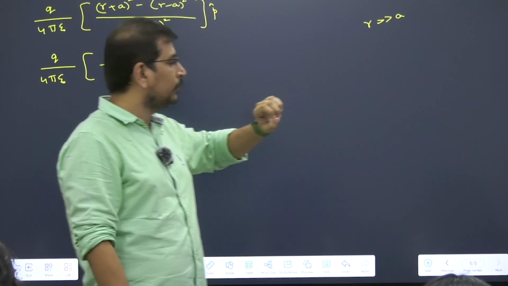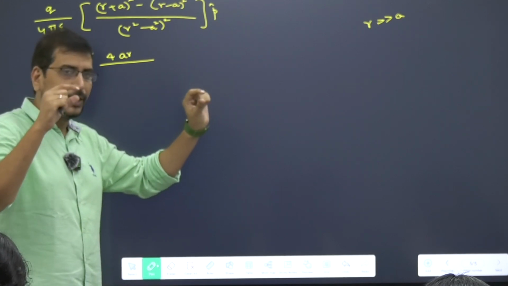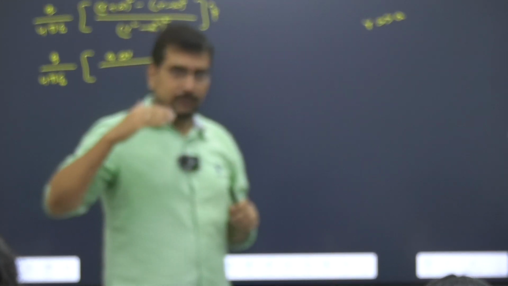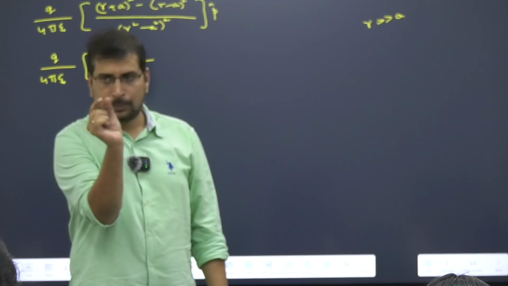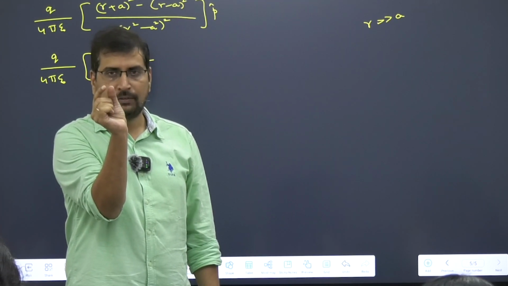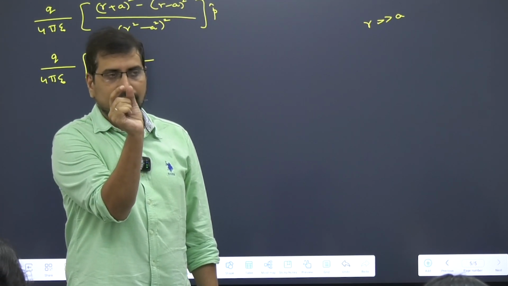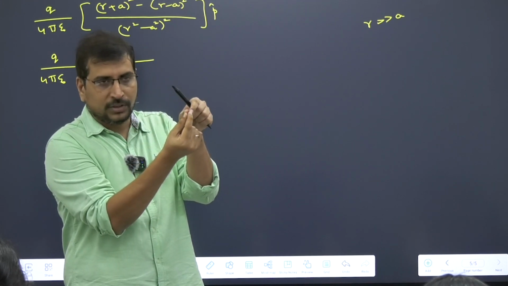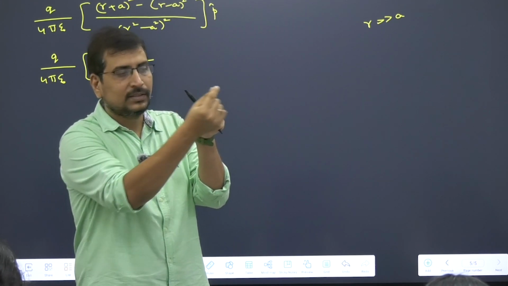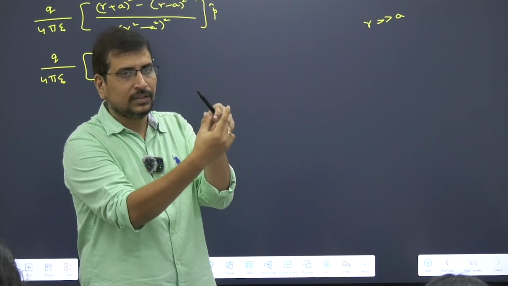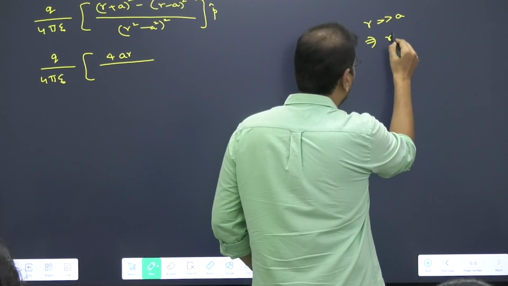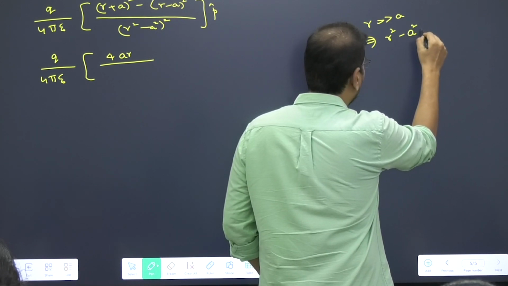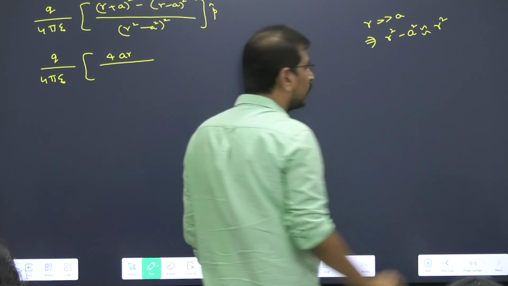So when you do this kind of scenario, the distance r you are taking is a value very much greater than the distance of separation between the dipole, because a dipole is a very small device. They are separated by a very small distance, whereas the distance you are going to take r from the center is going to be very large compared to this distance. So r is very much greater than a, which implies r² − a² can be approximated to r² itself